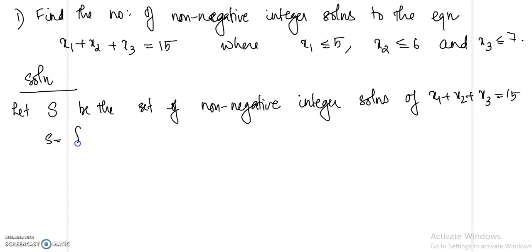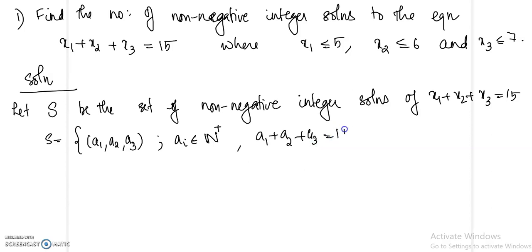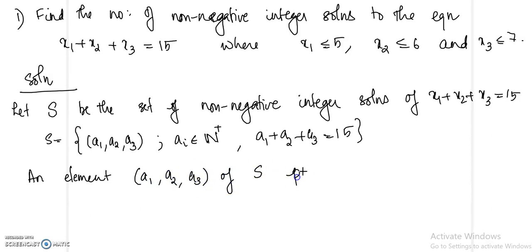So S is equal to the set of all (a1, a2, a3) such that ai belongs to N plus and a1 plus a2 plus a3 is equal to 50. And let us now define the properties. So an element (a1, a2, a3) of S possess property